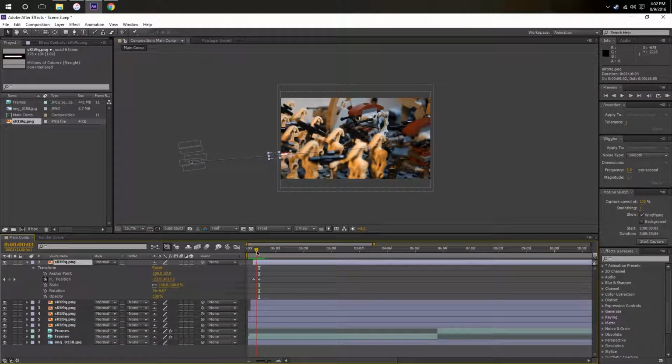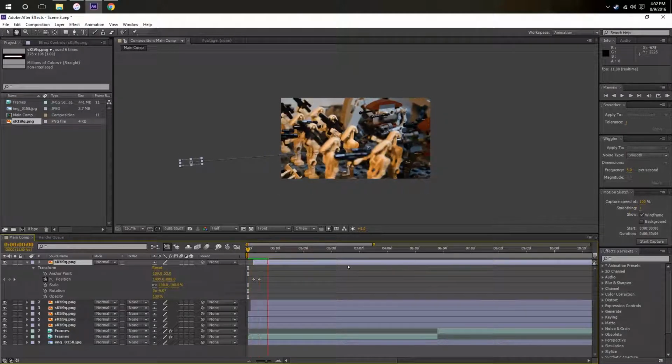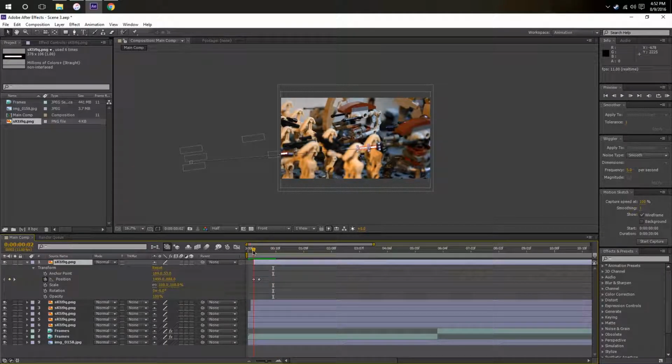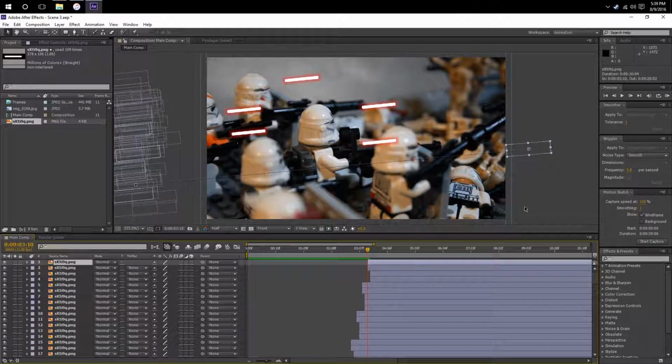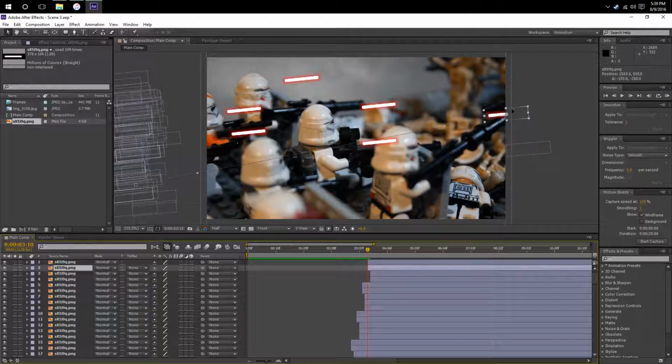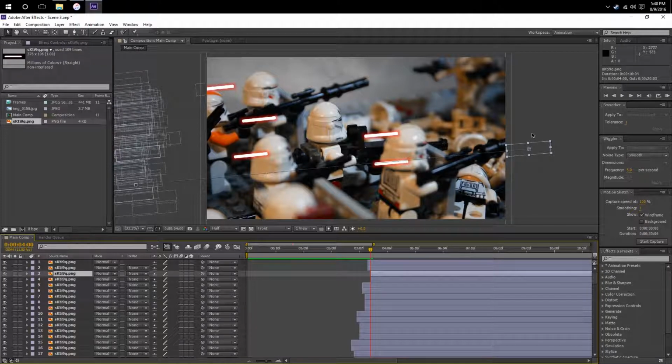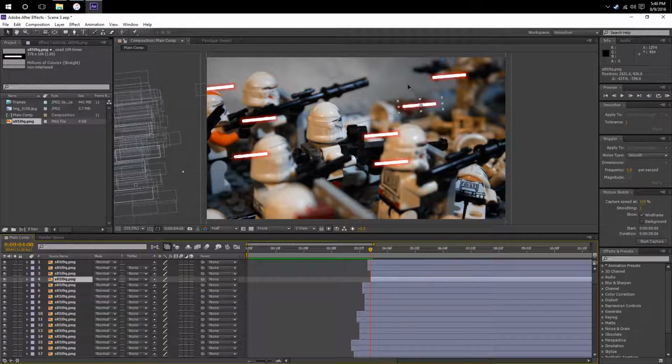Obviously, once the droids were off screen, then I would just put 3 or 4 that would continuously shoot forward. Let's say if I skip to 5003, you can see that's where I would do that. If the droids were off screen, I would just put one at the beginning and kind of guess where they would be shooting, and it would shoot over the clones' heads and stuff. This whole scene, including the red lasers and the blue lasers from the clones, took me around 6 hours to do. Basically a full work day of